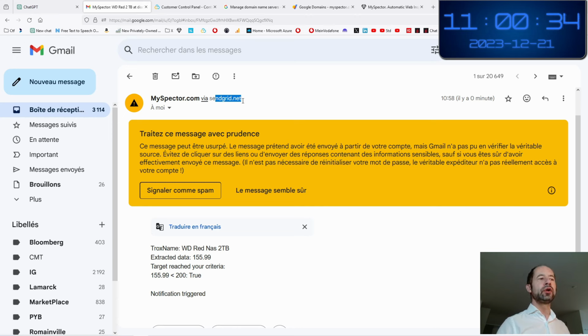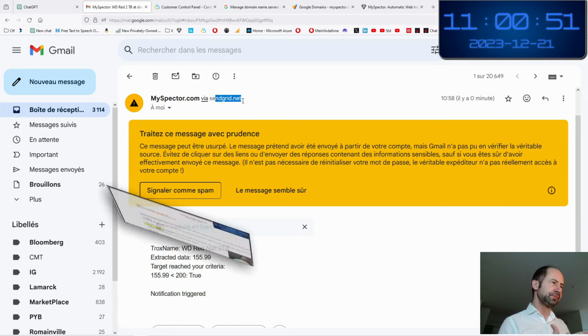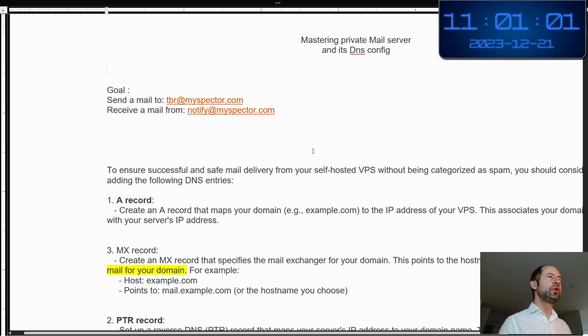mail.myspector.com and see how to interact, how to do it, what should be done on the target server, on the Windows server, how to configure which server software to install, and on the network side, how to deal with this. And I will work with a Word document here where I have already taken some notes,